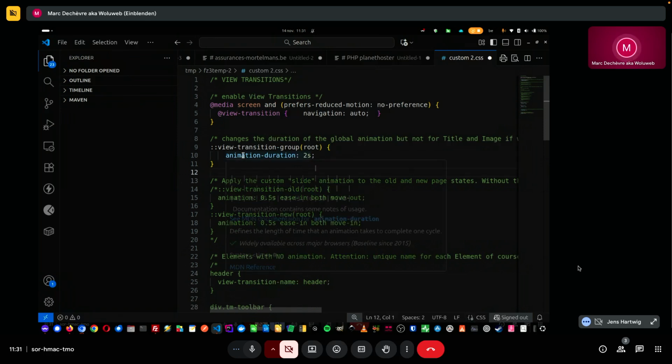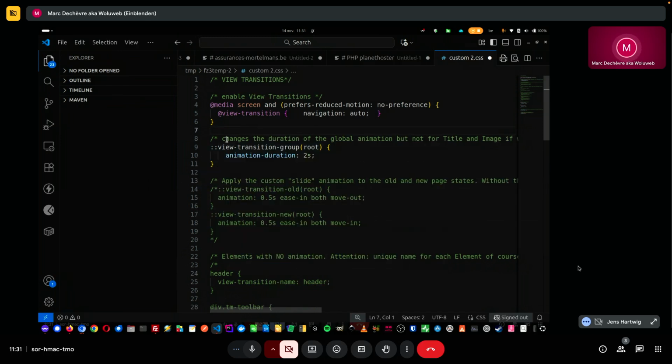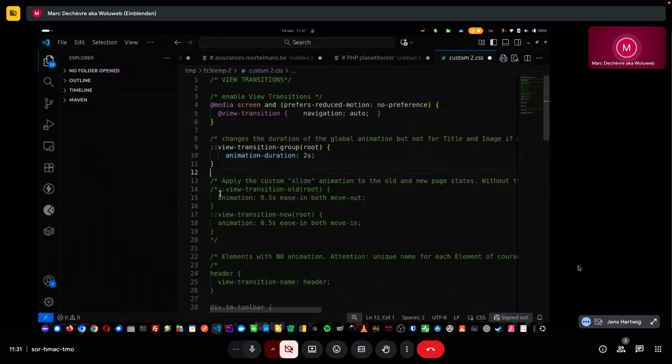That's the first thing. And afterwards, once you start to play with it, you think, oh, but you could do some stuff which are really nice. For example, instead of by default, we have a fade out, fade in, but you could call any animation. So for example, let's go back to the CSS file and I will say now by default, so for the root, for all elements on the page,